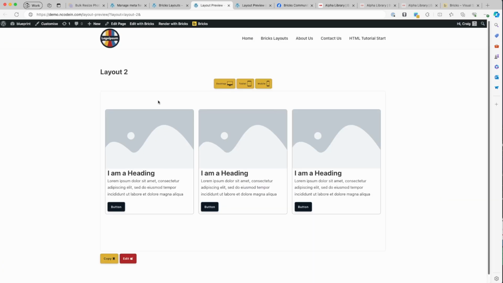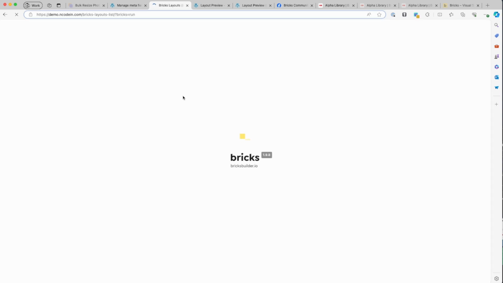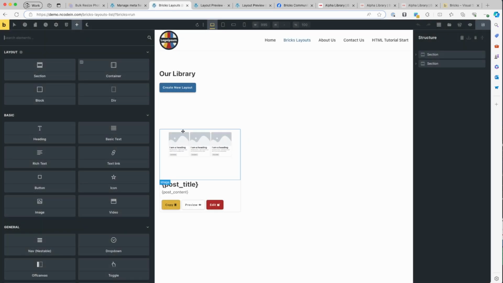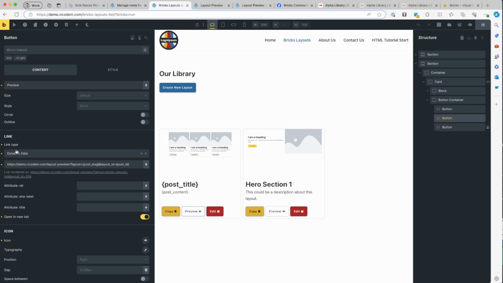So that's this page, and I think that's all we're going to look at. The only other thing I guess that might be worthwhile looking at is going into here and the preview. So let's edit that with Bricks and just quickly see how I did that. So preview, and this is a button, and we've set a link type on it to dynamic data, and all we've done is it's the full external URL of our website,